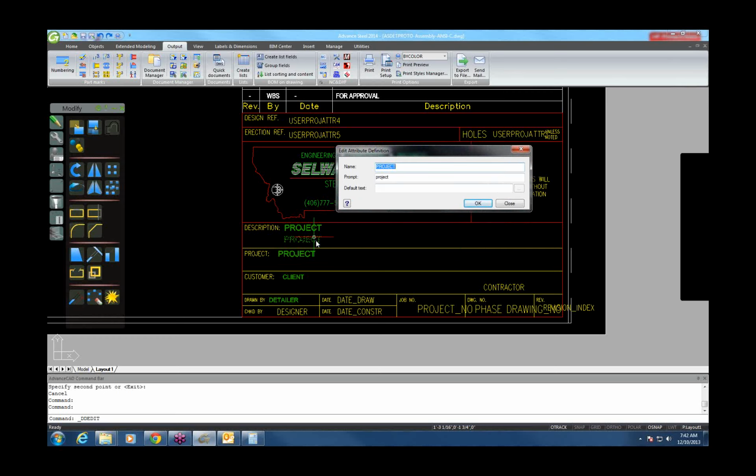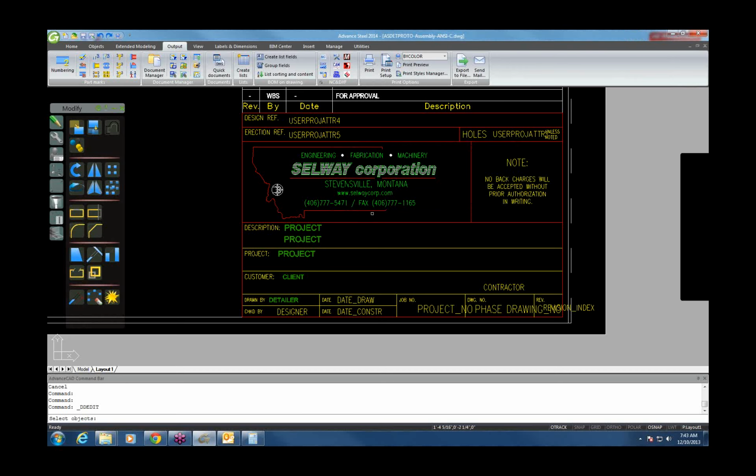That won't work, because we have specific words. Advanced Steel has specific links done with words. For example, in here, instead of project, if you put project with a point at the end, it won't work. It won't recognize it. Well, I just added the word location there, so when I saw the prompt, I'd know what to type in. For the location, that's